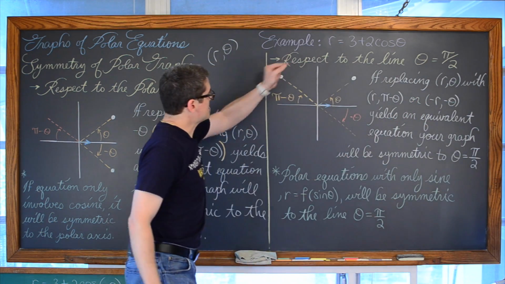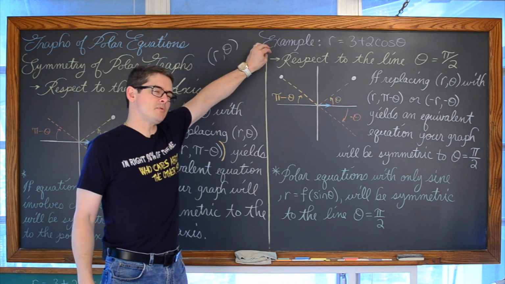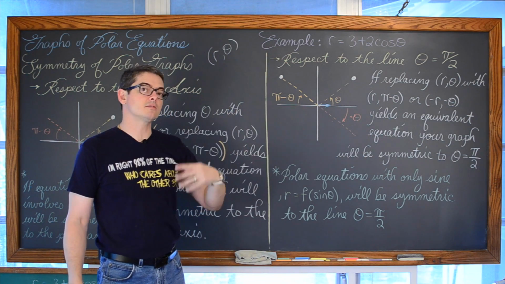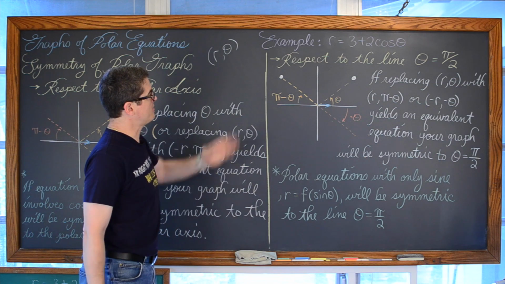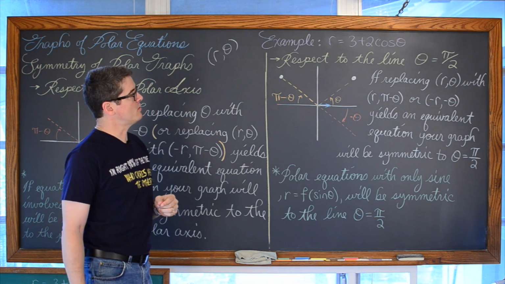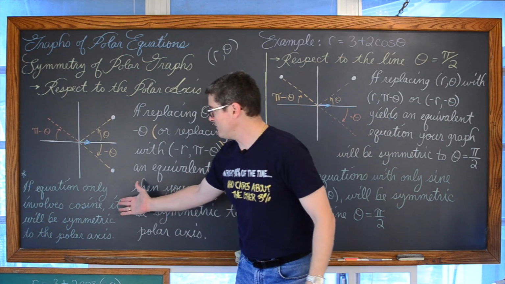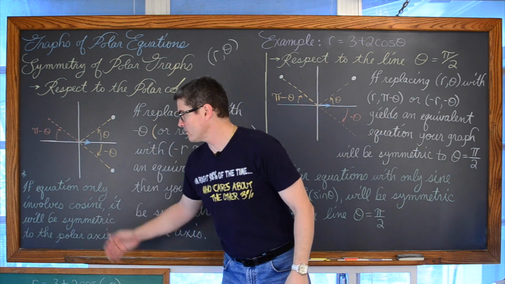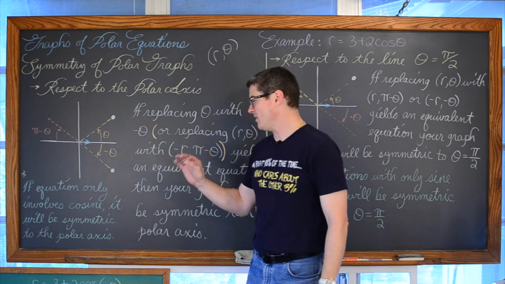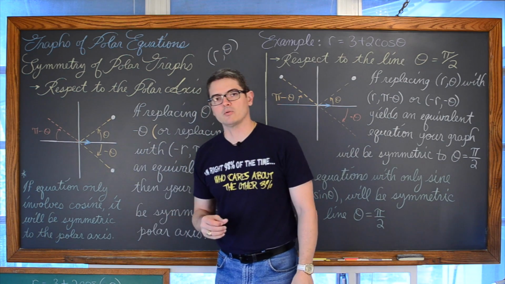Now, on our first example here, and it's going to be the only real simple example of testing for symmetry until I get to the graphs and I'll kind of build it into those problems, we're going to check for symmetry for the equation r is equal to 3 plus 2 cosine theta. Well, I kind of already gave you a cheater note. I said if your polar equation only involves cosine, you will have symmetry to the polar axis,